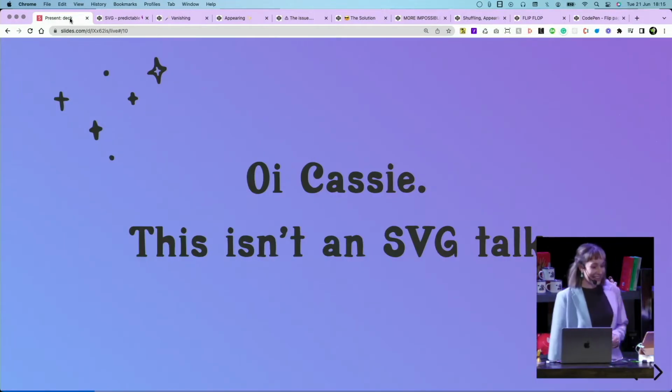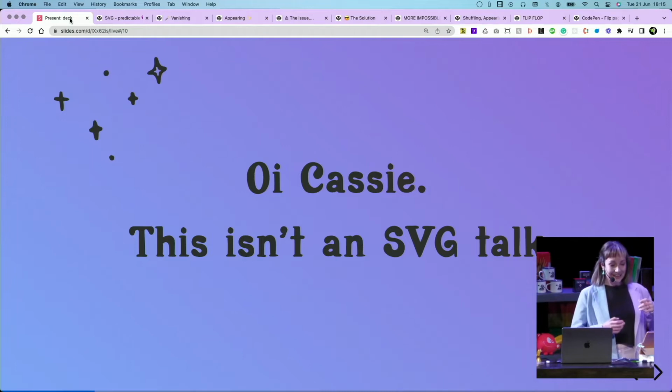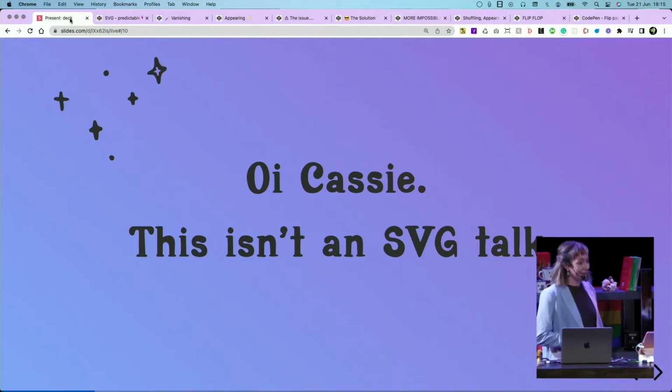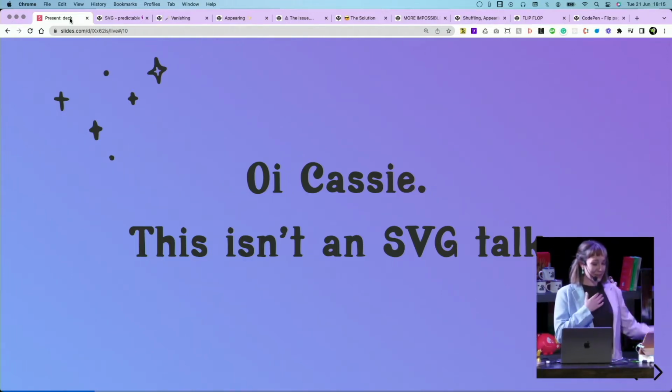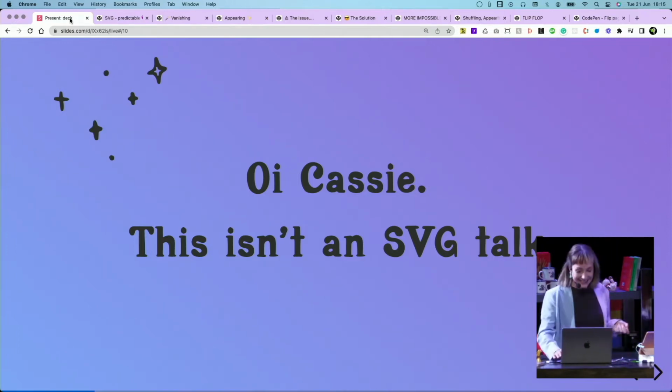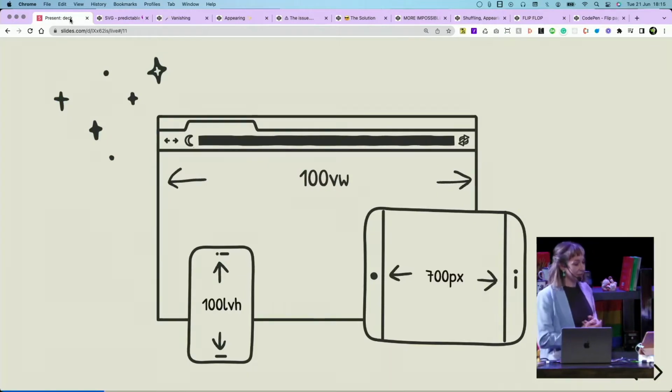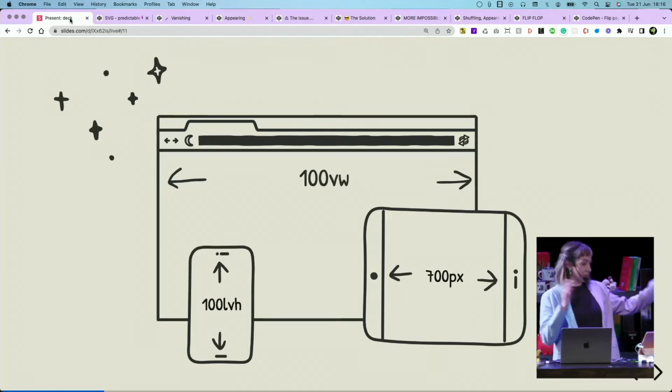Yeah, I'm getting off track. This isn't an SVG talk. I'm going to chat about UI. But the roundabout point here is that the world that SVG elements live in is really predictable, but the world that HTML elements live in, Miriam had it right when she called the web an infinite and unknowable canvas. That's basically it. So we've got an absolute ton of different devices. We've got phones, we've got iPads, and we've got laptops, and we've got those silly phones that fold in the middle for some reason.